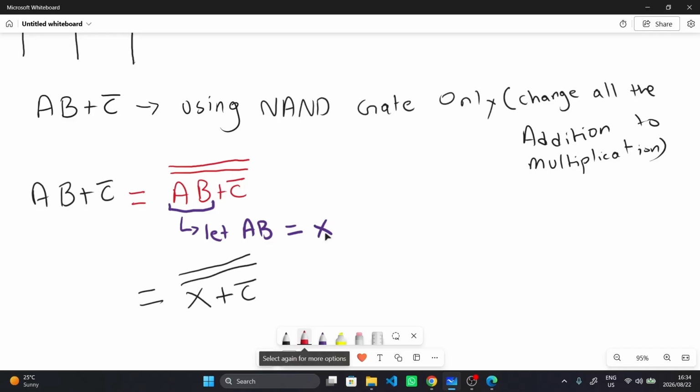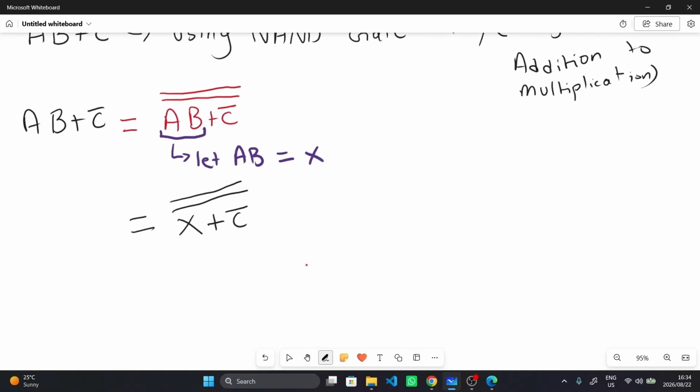And as you can see, this is much more like something similar to A plus B naught equal to A naught times B naught. Do we agree? Yes? Yeah. Yes, right? So here what we can do is now we can change this addition into multiplication using